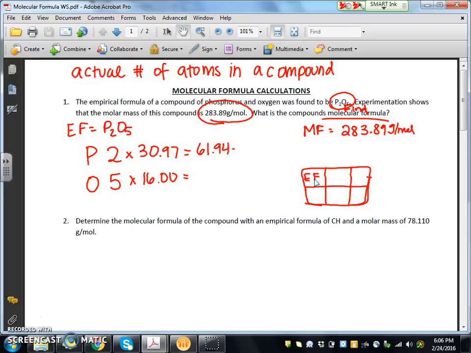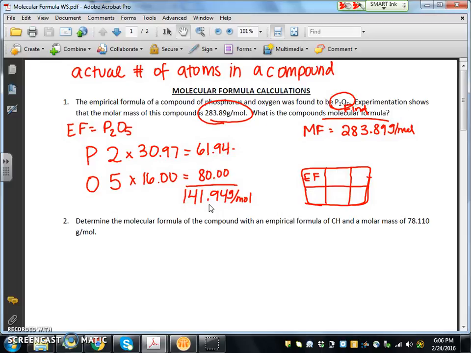And 5 times 16 will give me 80 grams. Now when I add them all together, I get 141.94 grams per mole. So now I know that my empirical formula, or one piece of my puzzle, weighs